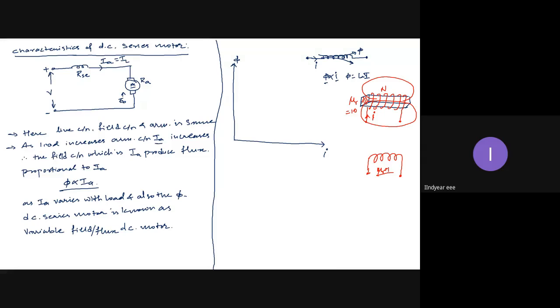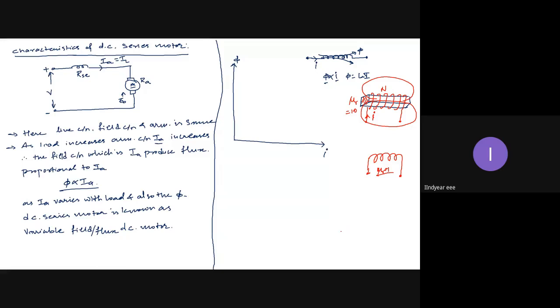If I use an air core coil and a magnetic core whose mu r is 10, what does this mean? The flux produced in the iron cored coil with mu r 10 is 10 times more than the flux produced in the air core coil. So this magnetic core is enhancing the magnetic properties of the electromagnet. Now, suppose it is a ferromagnetic substance, which is very conducive for electromagnetic field production.